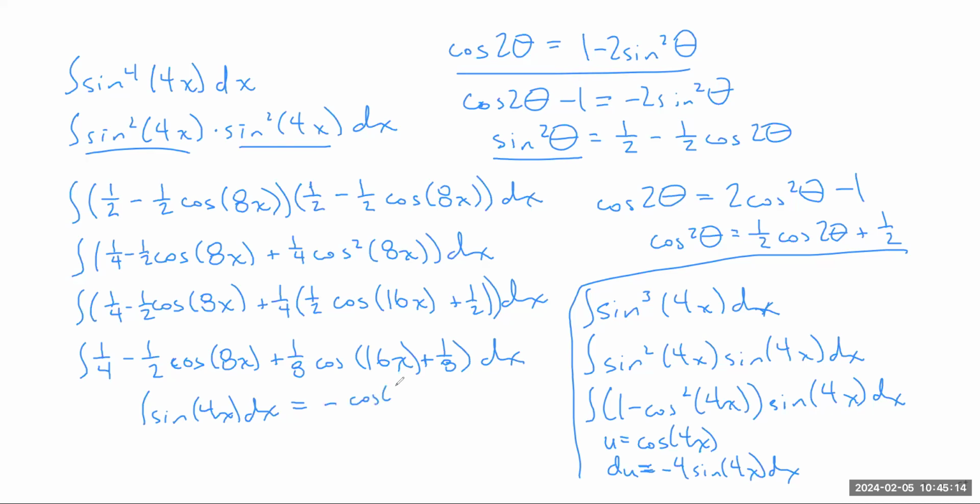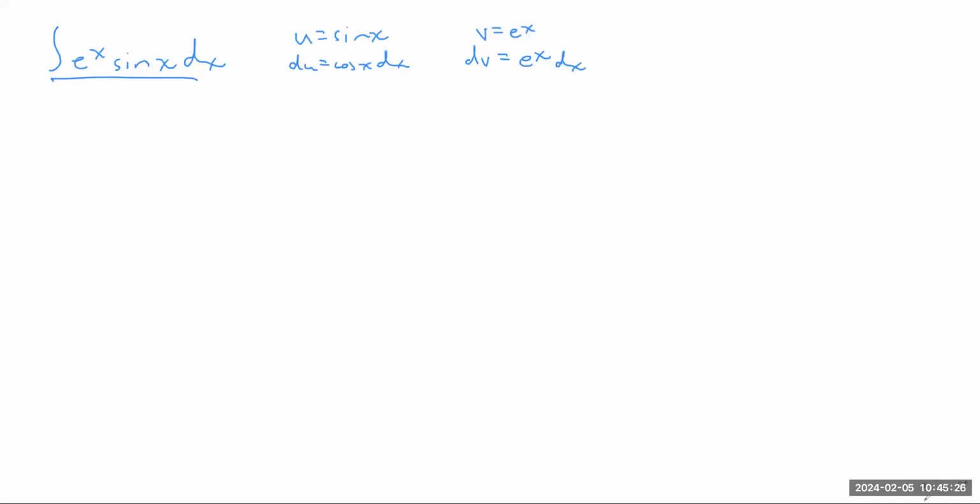Negative cosine 4x over 4. So we did that without substitution, right? But I believe strongly there was a time when we would have set up substitution for it. And the reason I brought that up is because there might be cases where